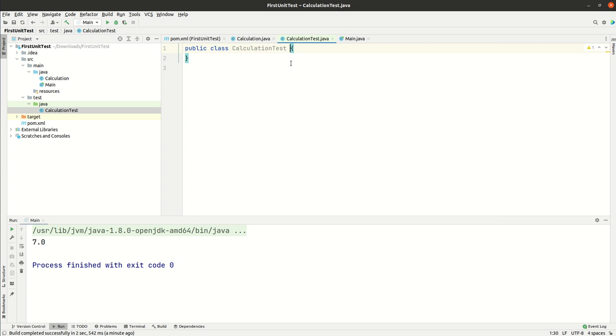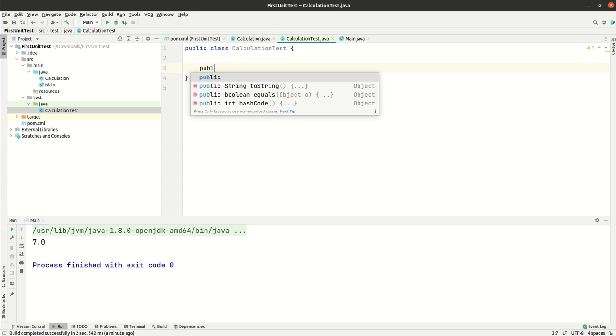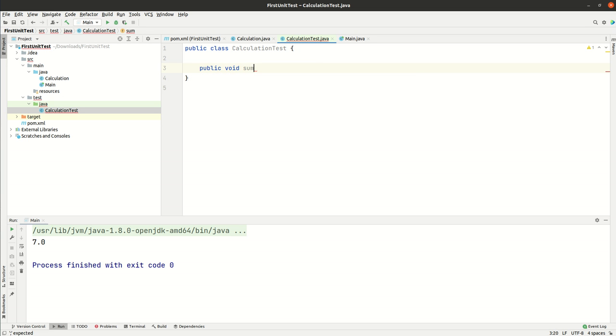This is the usual way to name the test class, using test at the end of the name of the class. So we will want to call the method and test it. So we will put public void sum two numbers test. This will be another method,